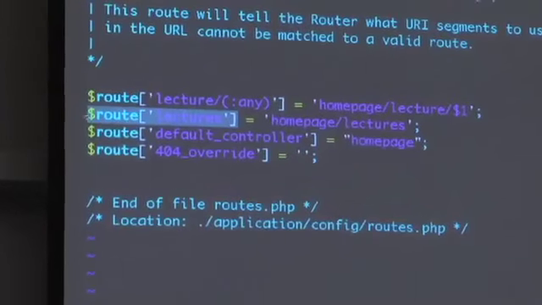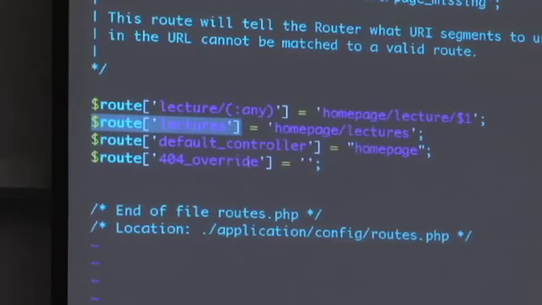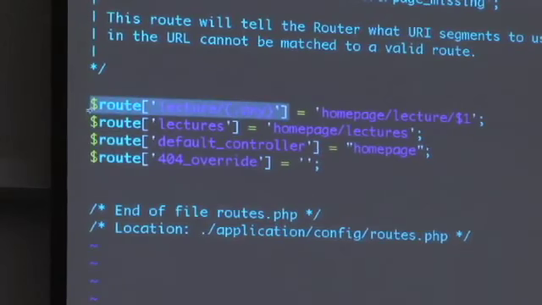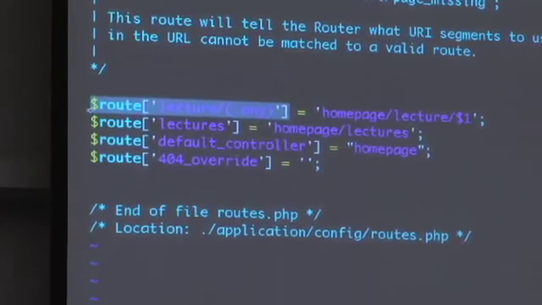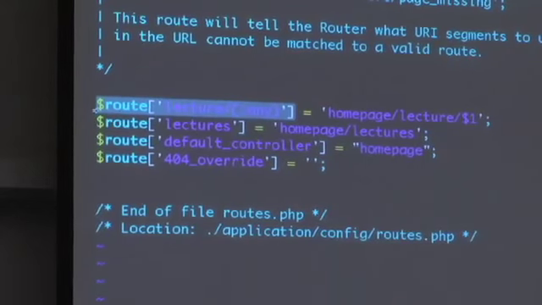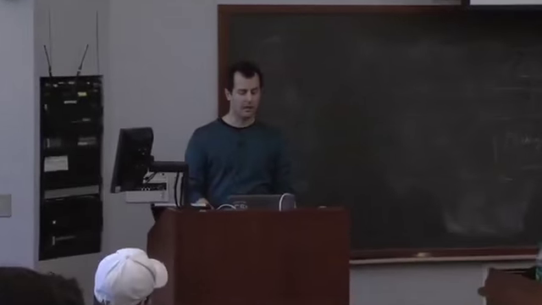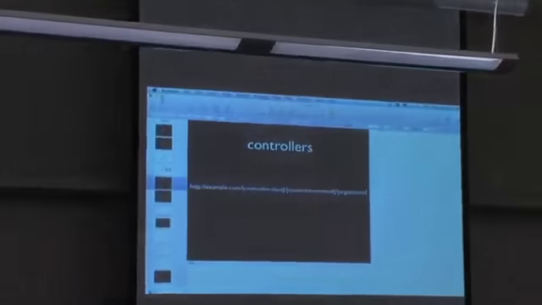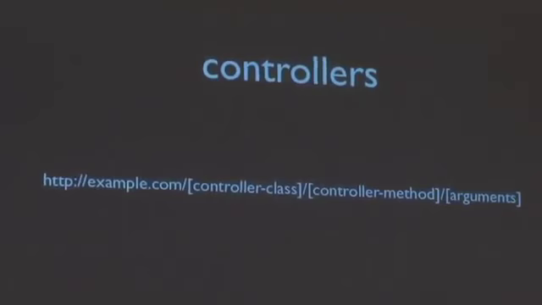This was my way of teaching CodeIgniter that when you see /lectures, you should map it to the controller called homepage and specifically the method called lectures, plural. And then lastly up top, if instead CodeIgniter sees a URL of the form lecture/something, anything, go ahead and map that to homepage/lectures/$1. Just like in the case of a regular expression, that $1 is referring to whatever the any was representing right there. So this is a way of overriding this format here, which is the default. And in fact, this is going to get very messy if now, in answer to your question, I just start copying and pasting my lectures method